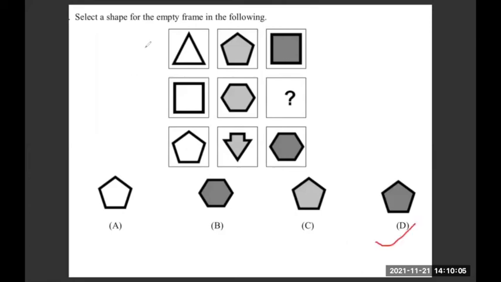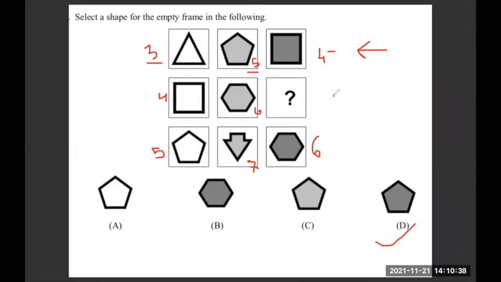Why? This has 3 figures, this has 5 figures, and this has 4 figures. So this is the middle one, this is the lowest one, and this is the highest number of figures in this row. In this row, this has 4, this has 6. In the bottom row, this has 5 sides, and this has 7: 1, 2, 3, 4, 5, 6, 7. This has 7 sides. And that's where the last figure, which is 6, happens in between 5 and 7.